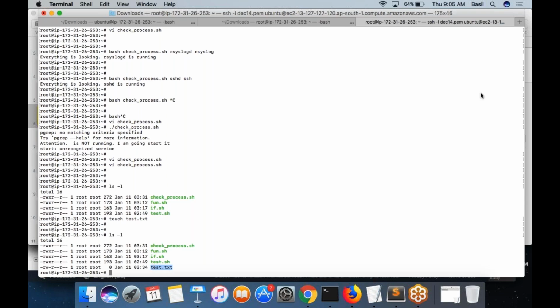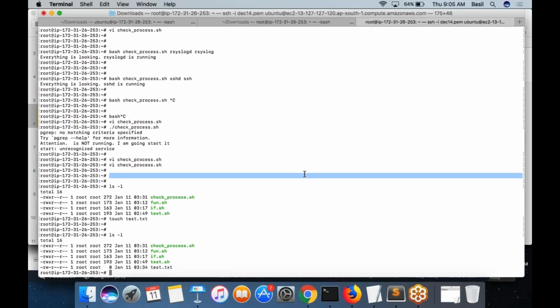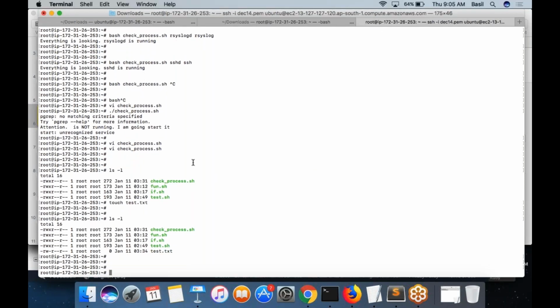I got some questions here. Can we set a parameter to ask for entry inside a shell script? Yeah, we can do that. Actually, that we will see tomorrow. I will show you. Basically, let's say you are executing this dot check process.sh, but you forgot to provide the arguments.